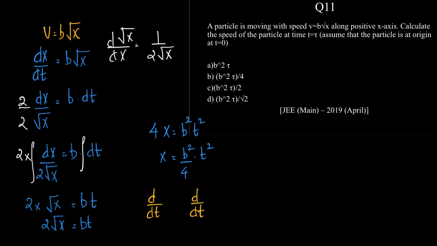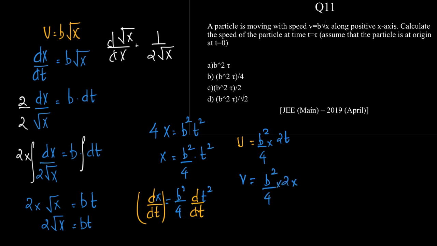So d by dt of x will now be equal to b square by 4 into d by dt of t square. Now what is d by dt of x? It is velocity v. So v will be equal to b square by 4 into d by dt of t square, which is 2t. So we get velocity is equal to b square by 4 into 2t, and we've been asked to find out